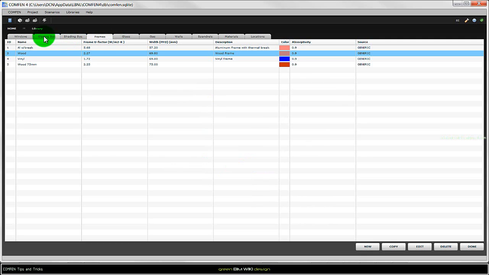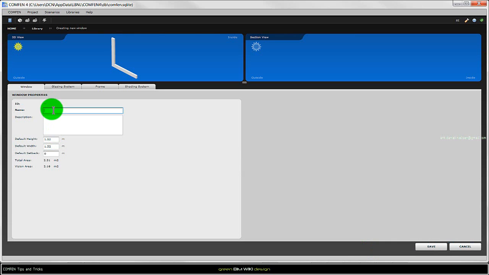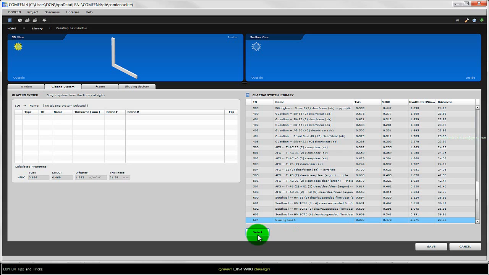Great. Now we have created a new glazing system, shading system, a new frame. For the glass and gas, we couldn't create new ones in here. So we go into window. Here we can create a new one. First, a name. We can specify a default height and width, and setback, that's the inset from the exterior wall surface. Could say 0.1. For the glazing system, we could choose the window we just created, glazing test 1, select,